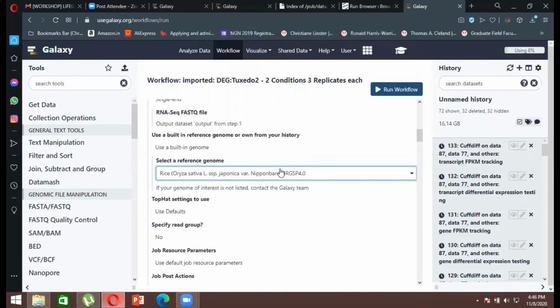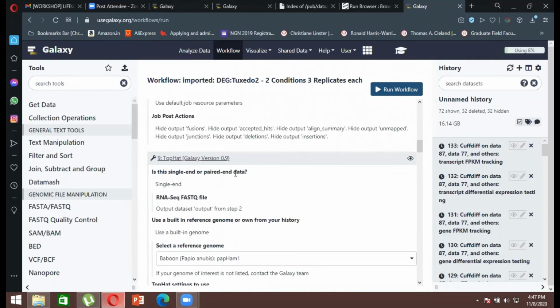So you have selected the reference genome because you are working with rice, and you don't want it to reference humans or dogs or cats, right? So you want to work with rice itself. So you have to give a certain reference genome as well. Now you don't need to do this for just one file. You have to do this for every file that you have uploaded, right?